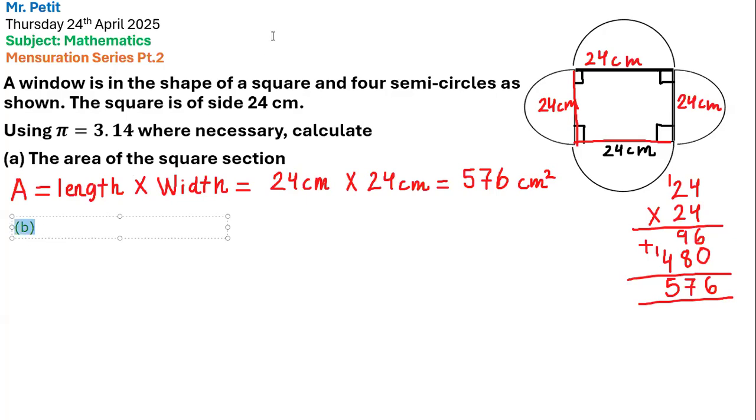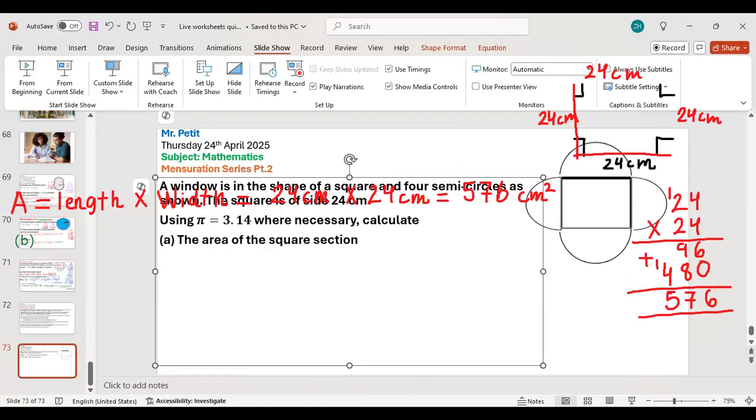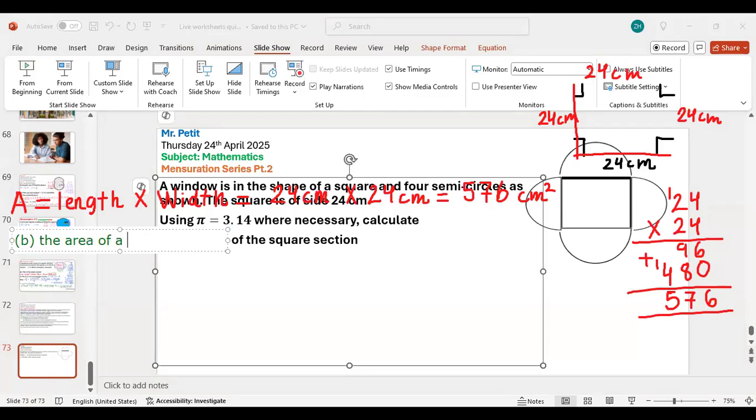So it's going to be the taxes. One second, I have to move from this. I want the actual wording. So they want the area of a semicircular portion. So let's write that down. So B is going to be, we want to calculate the area of a semicircular